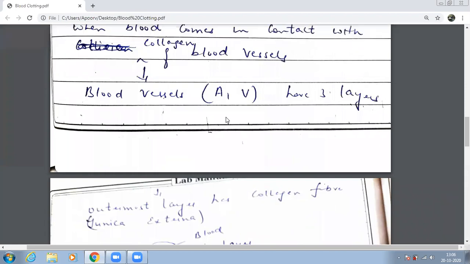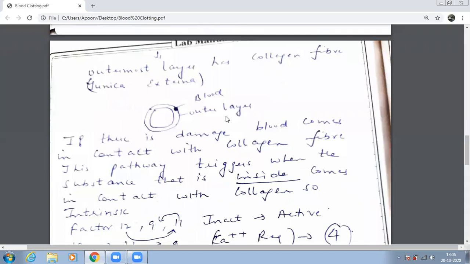The outermost layer is tunica adventitia, or the other name, the easier one, tunica externa. Normally, blood flows in which layer? Outer, middle, or inner? Inner layer. What was the name of the inner layer? Tunica intima.